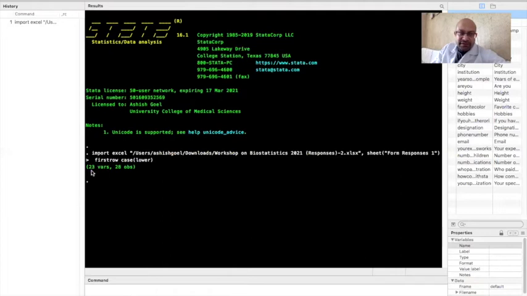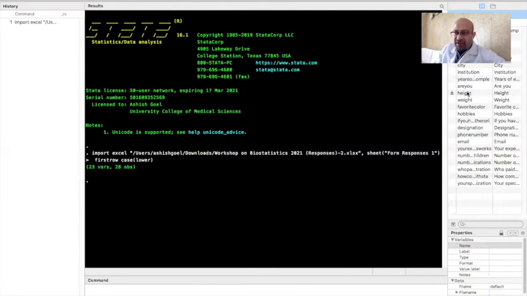So it tells us that 23 variables and 28 observations in this data set have been imported into the working memory of Stata. Also, if you notice on this right panel here in the variables window, suddenly all these 23 variables have been imported and this window becomes populated by the names of all these variables.